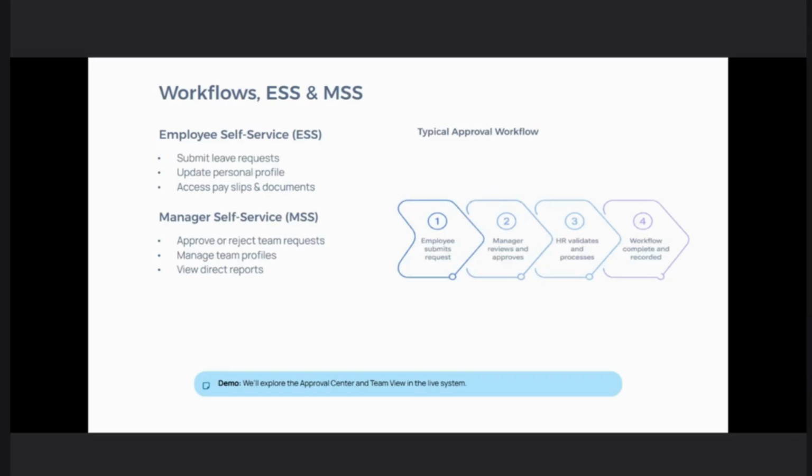So let's understand it with the help of a workflow example. There is an employee that submits a request. What happens next? The manager reviews, and on the left-hand side, how the workflow runs is depicted here. So if the employee submits a request, then it goes to the manager for review, then the manager approves it, and then it goes to HR, which verifies the information, and the process is completed. That's how it works, right? So that's how it works in the SAP SuccessFactors environment itself.